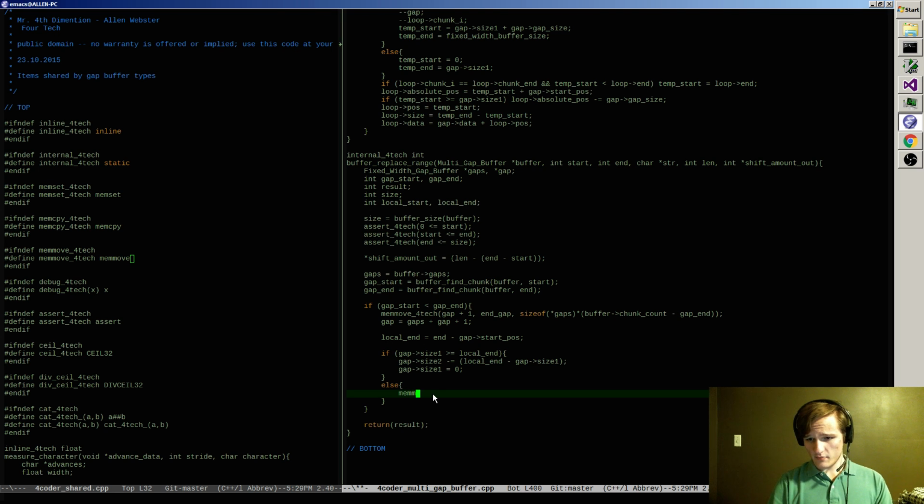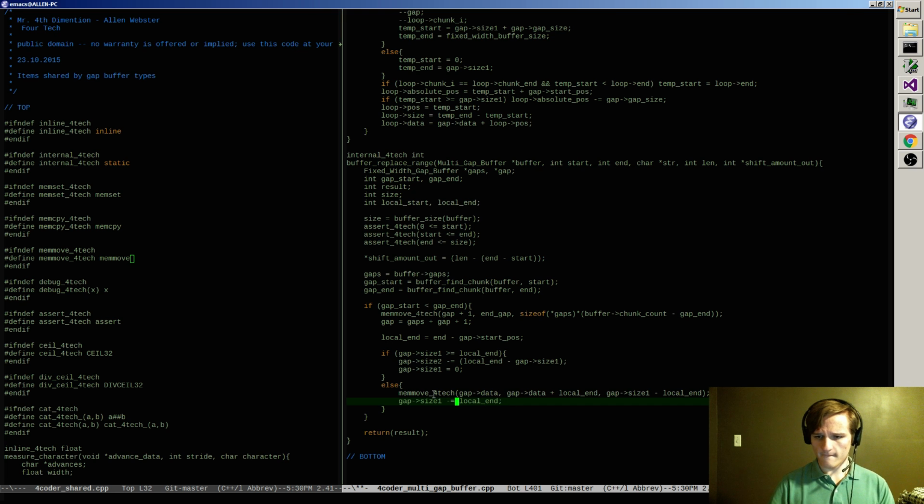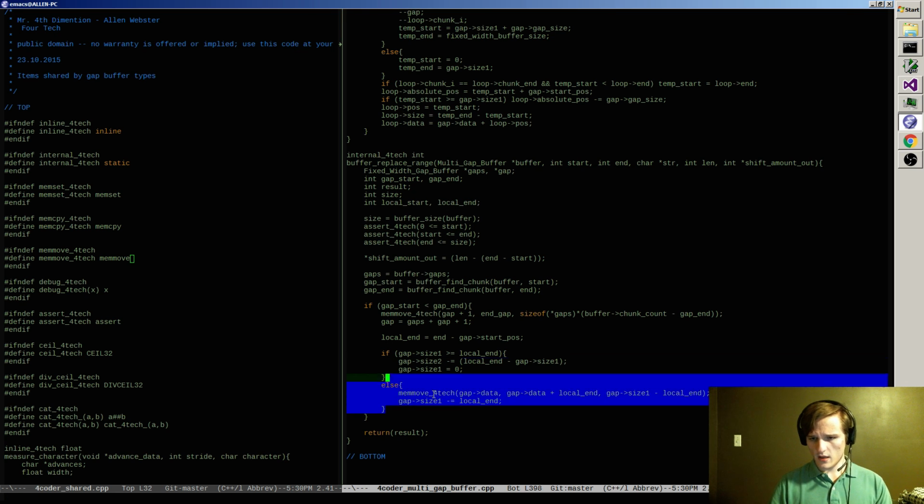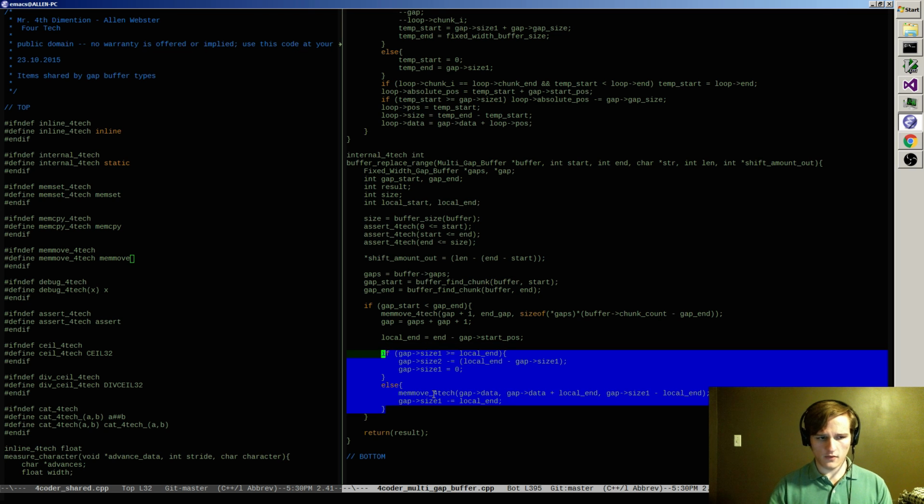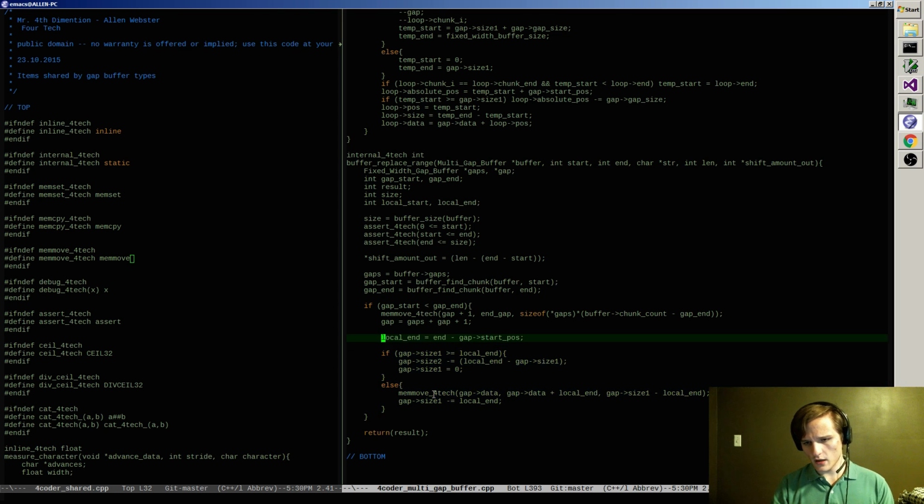Basically, we have to mem move everything from the data. Well, we're moving it to the beginning of data from that plus the local end, and the amount will be size 1 minus the local end. Okay. That, I believe, deletes what's on the end chunk that has a little bit deleted. And now, all that's left to do is to do the edit that ranges from,